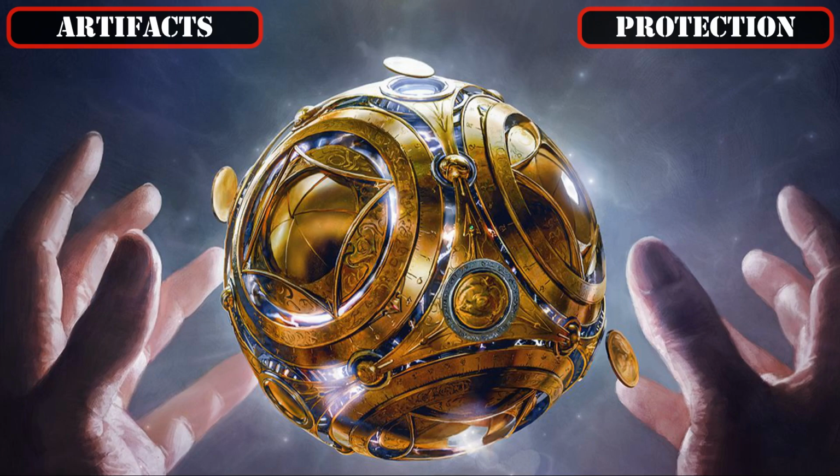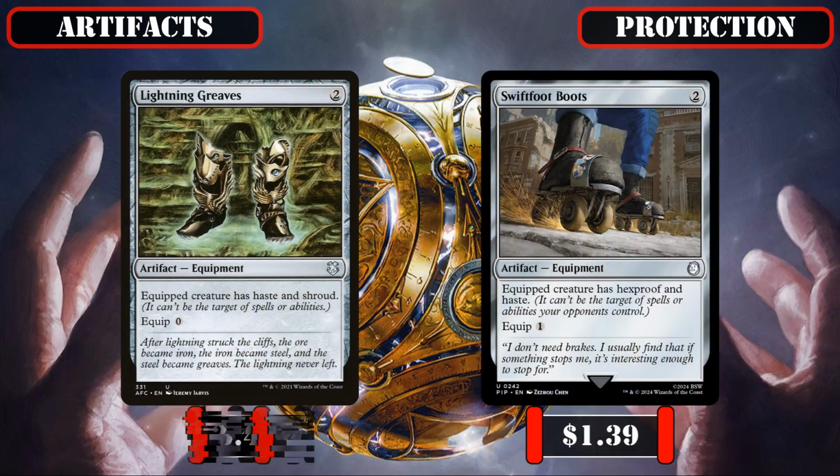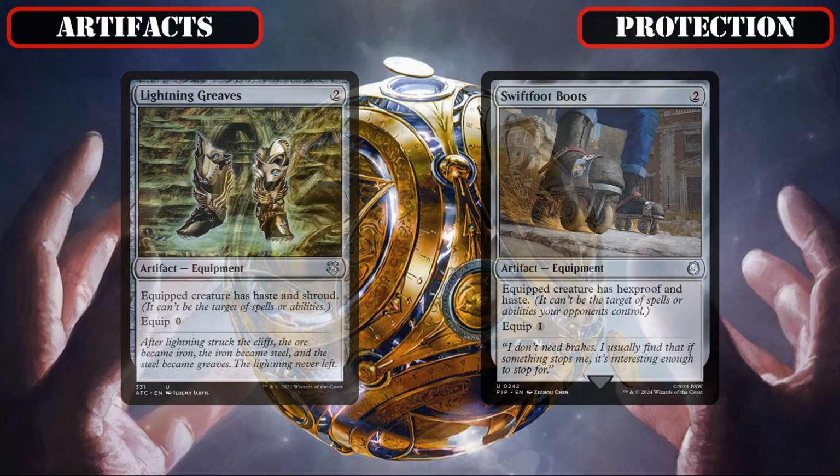Now, with the entirety of our die rolling suite covered, we'll be switching gears into ways to further harden Mr. House's defenses against our opponent's attempts to remove him, in which we'll be adding in the classic Lightning Greaves and Swiftfoot Boots, both of which provide cheap and reliable targeting protection in the form of either Shroud or Hexproof, and, as a bonus, allow us to make use of Mr. House's activated ability as soon as he comes down instead of having to wait a full rotation,